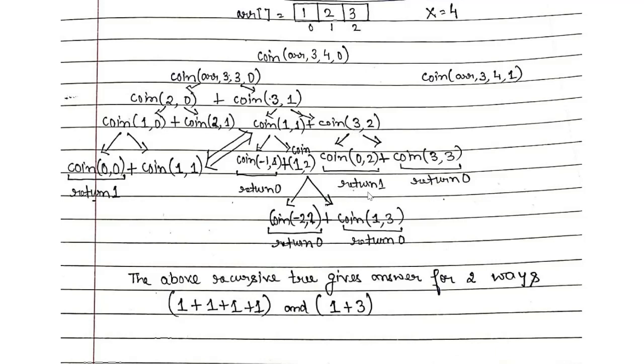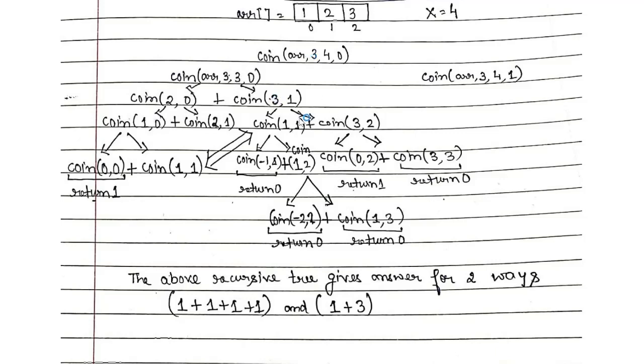And how did I get a 4 over here? By making use of one denomination of this 1. That's why I would have got a 3 from this 4. So I made a use of 1. Then I made a use of 3. That's why I got this 0 over here. So this path I am talking about says that I made a use of denomination 1 and a 3 and I got a 4. So this is one path of making a change of 4. And what about this one? This one is by making use of 4 coins of 1. This is one way to make a change.